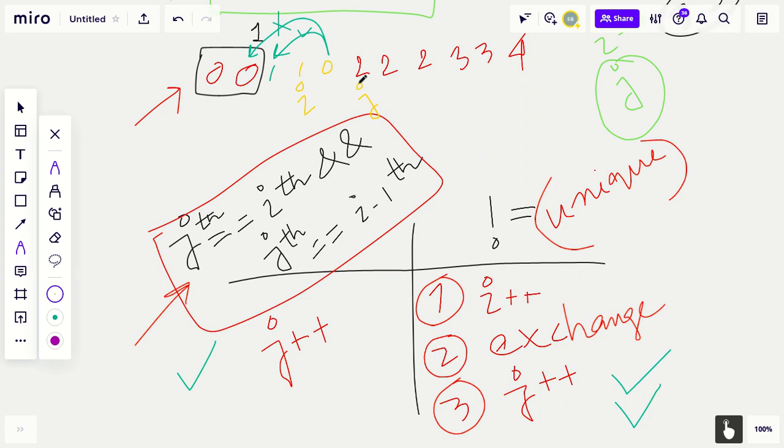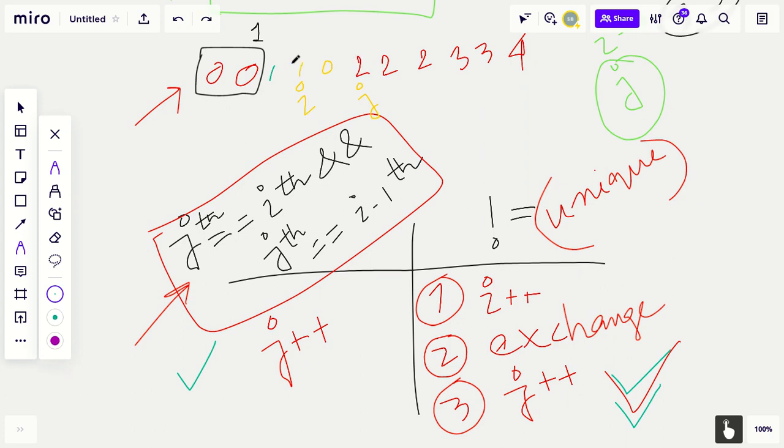Then again we compare the values of j and i. It seems like it is again unique, so it comes under this condition, and it will be exchanged. So 1 and 2 will get exchanged. Sorry, very sorry.